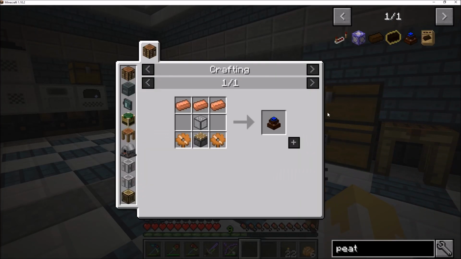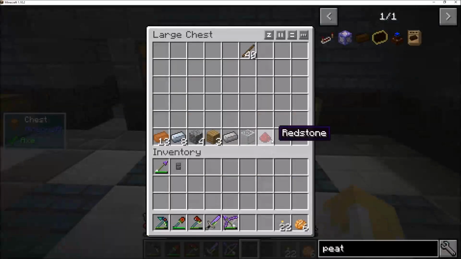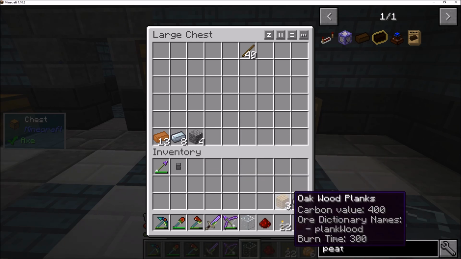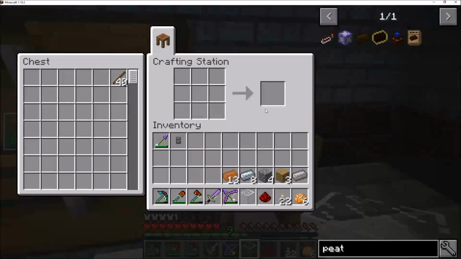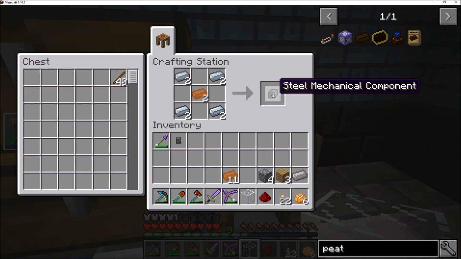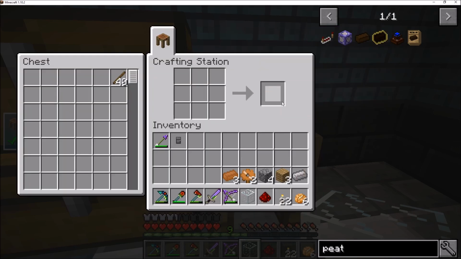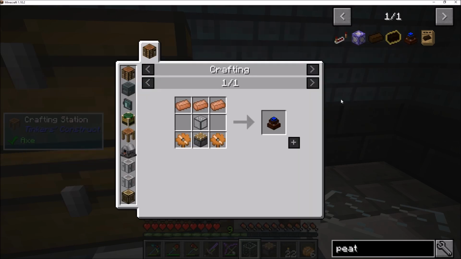Peat-fired engine. Okay, so that's going to be all of this stuff here. So 1 redstone, 1 glass, 1 iron ingot, 3 planks, 4 cobblestone, 8 steel, and 13 copper. So this is probably the most expensive one we've made so far. 2 copper gears, so we're going to need 2 of these steel mechanical components. We're going to surround those with copper, which is where all of your copper needs come from. We're going to make a piston, and then